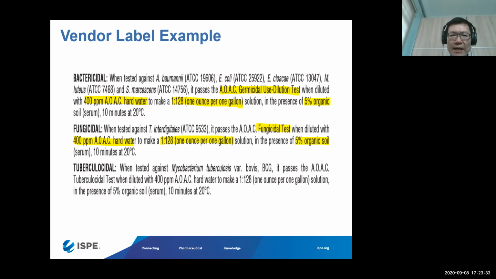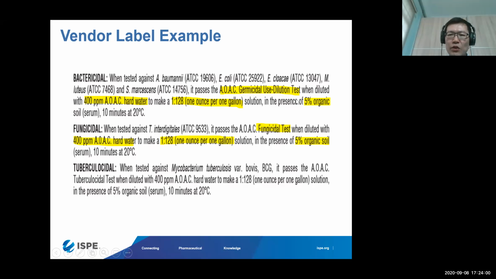So next we look at an example of the vendor label claims. When you look at the chemical disinfectants, you will see sometimes bactericidal, fungicidal, or tuberculocidal. So what are the claims? In this bactericidal claim, they mention against what microorganisms and passes what kind of tests. In this case, it is